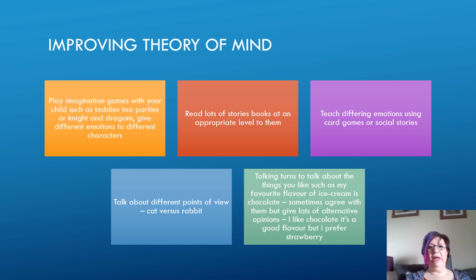Okay, so how can we help children to improve their theory of mind? And I would say for a young child, what we do is play, play, play, and play some more. Playing imagination games is incredibly important for children with neurodevelopmental differences. It can really help them to learn and to understand other people's perspectives and the thought that other people have different emotions. So playing is incredibly important, and supported play is incredibly important because they might not be able to do it on their own.